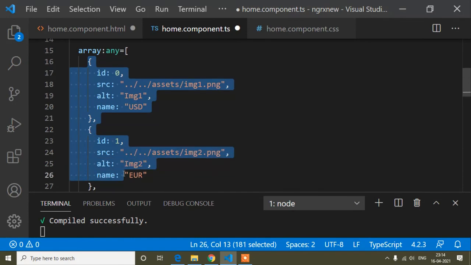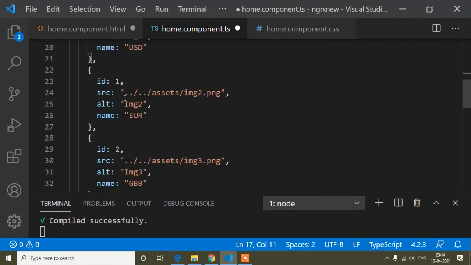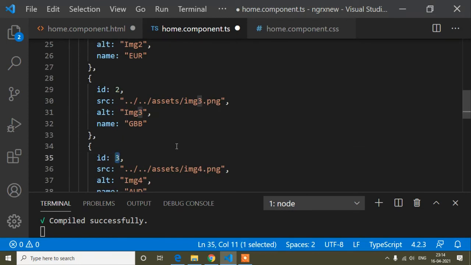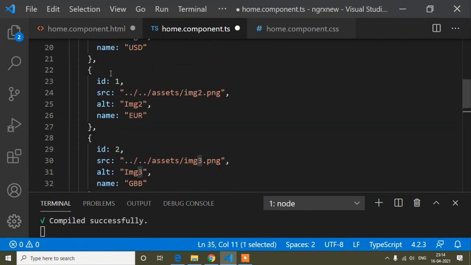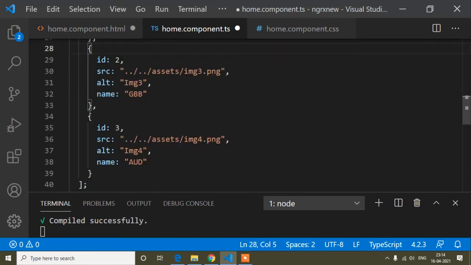You can see 0, 1, 2, 3, that means 4 objects. I start from 0, so that's why it ends up to 3. If I show here 1, 2, 3, 4 objects, I will go up to 3, because I will start from 0. So 0, 1, 2, 3, that means I will go up to 3.